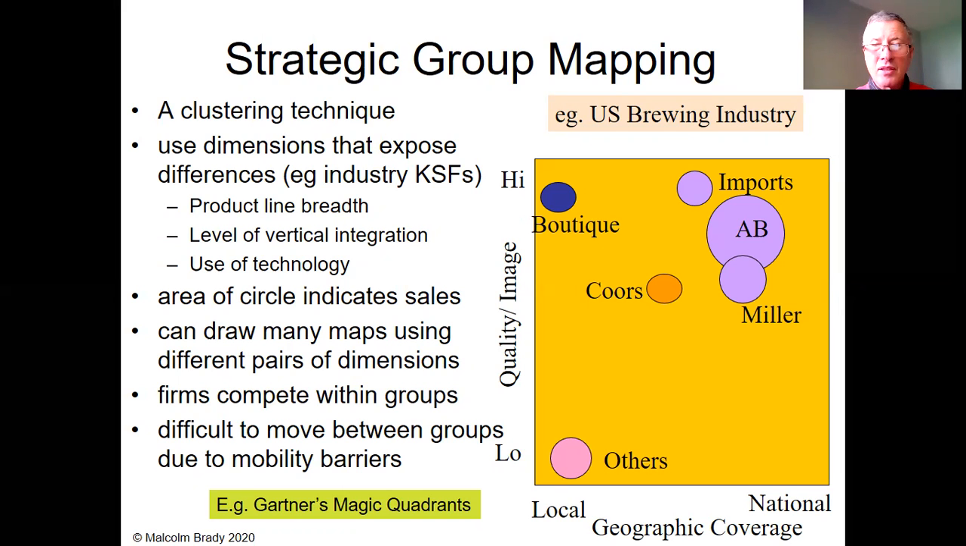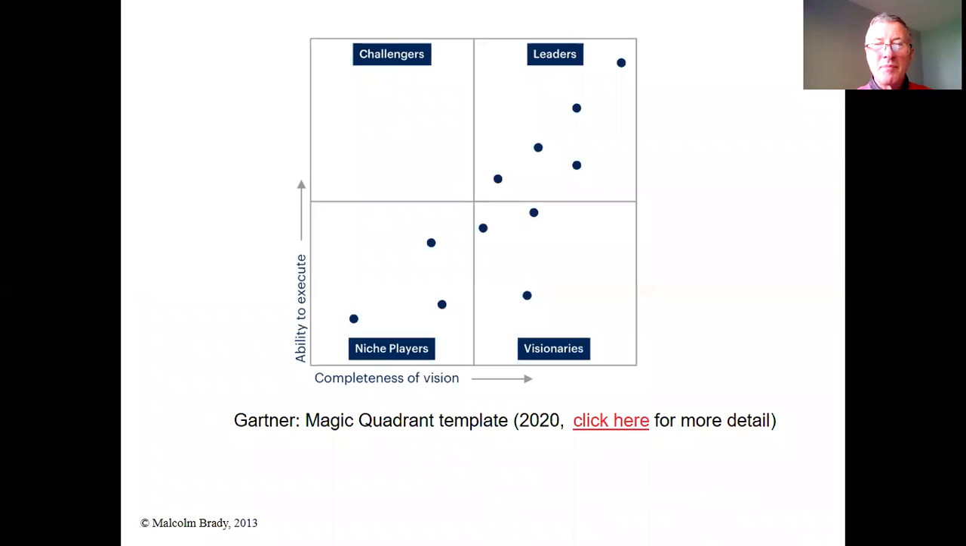I'll go on to the Gartner slide now. So they identify two dimensions under which they rate firms: the ability to execute and the completeness of the vision. And that then gives you obviously 4 quadrants. Leaders, for example, being